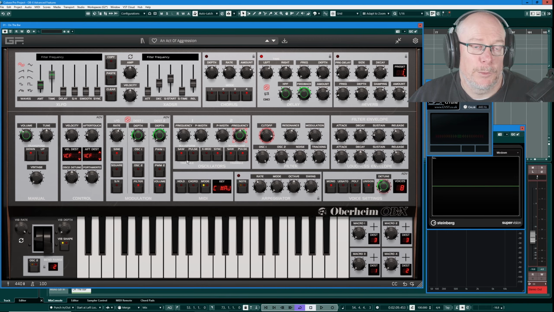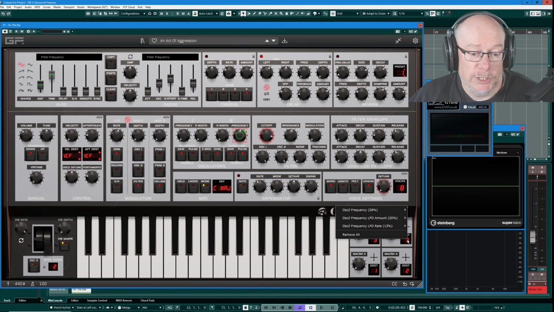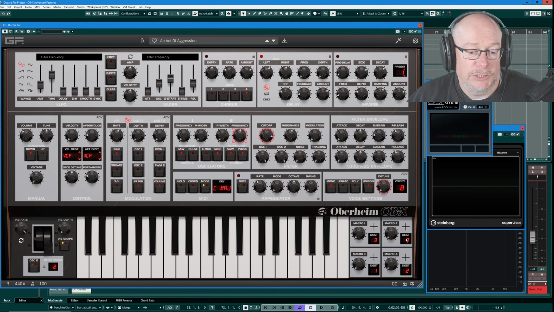And finally, we're in a position to understand macro 2, because now that we understand the amount and time are basically the depth and the rate of the oscillator that's being applied to this frequency control, when we jump over to macro 2 we see that those 2 controls, LFO amount and rate, have positive modulation from the macro knob. When I turn up this macro knob, in addition to me turning the knob up itself, oscillator 2 frequency is being explicitly modulated. I'm also increasing the depth of the LFO that's being applied to the same control and